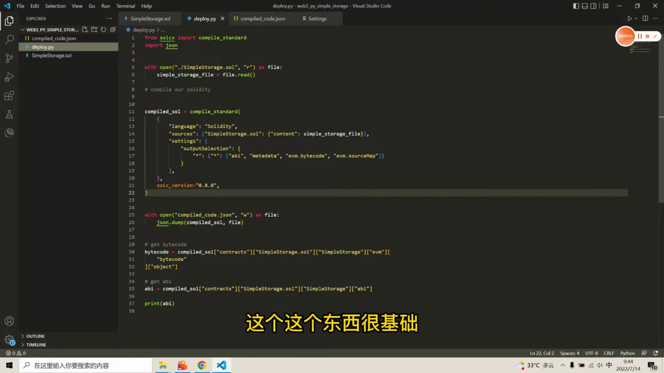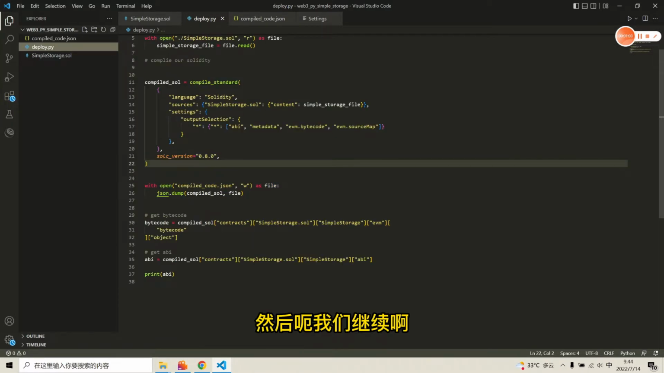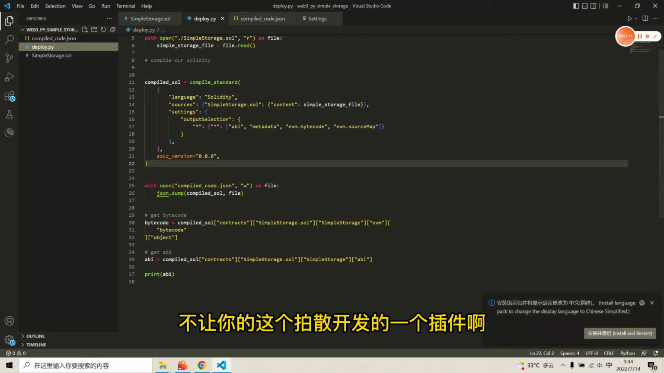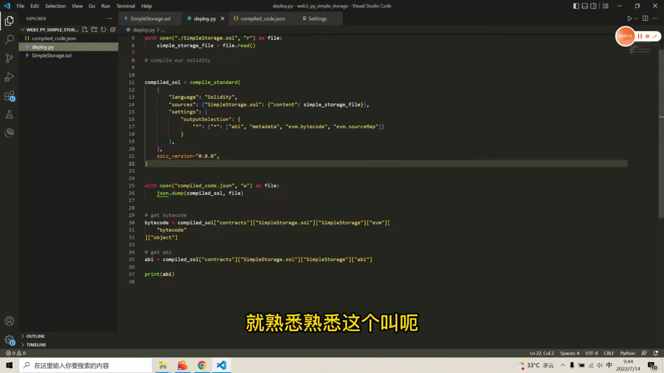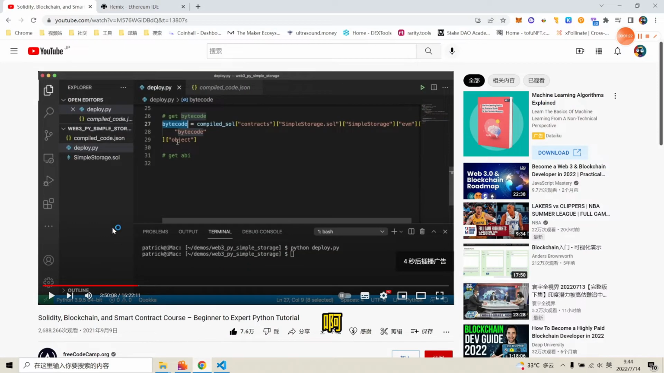这个东西很基础，我们也不用太纠结，了解一下底层就可以了。学完我们就学一个叫 Brownie 的 Python 开发插件，就是熟悉 Visual Studio 的过程。